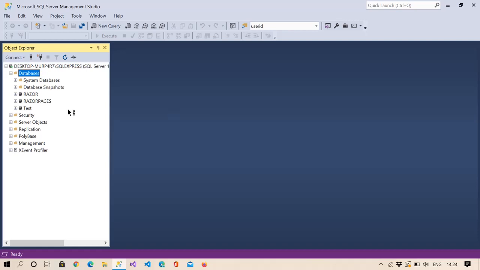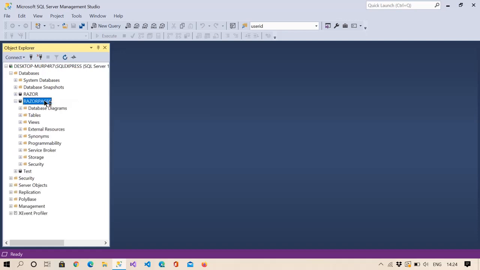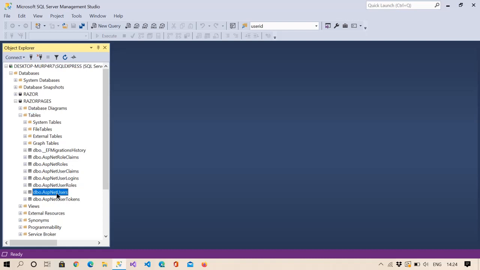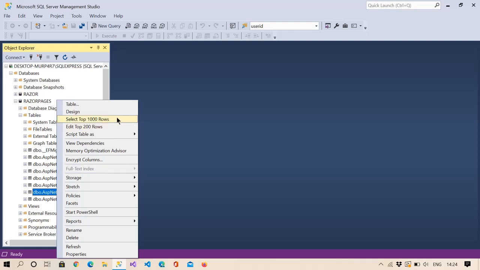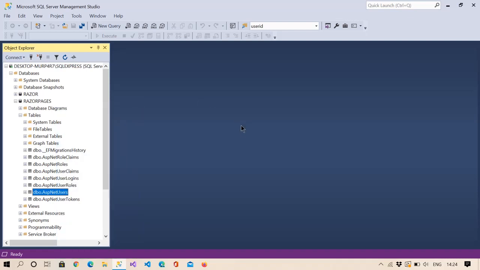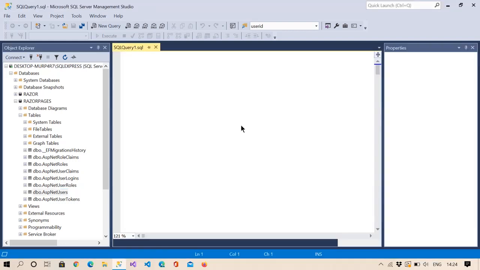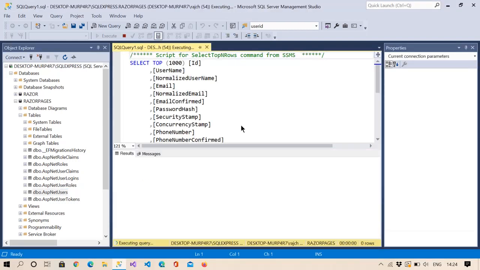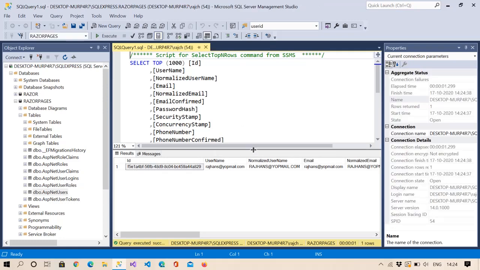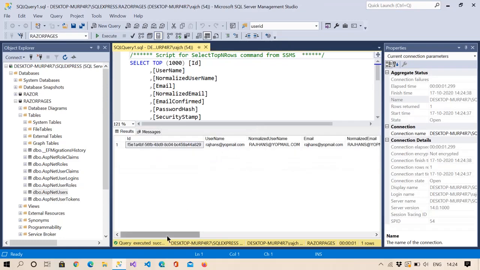You can see I have got one more database here, the register pages database, and inside it you can see the tables, and also the registered user in this table. Here you can see the user which I had just registered, and that is in the database.